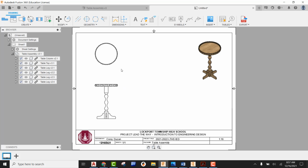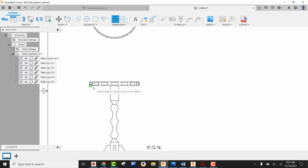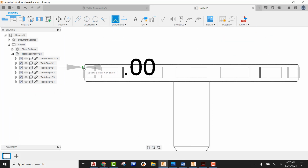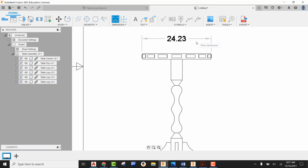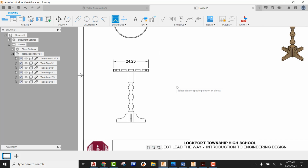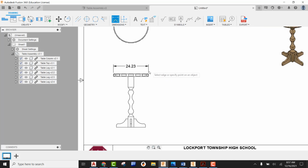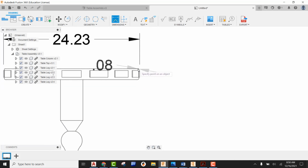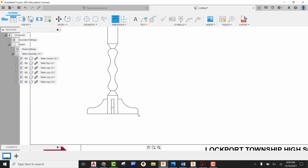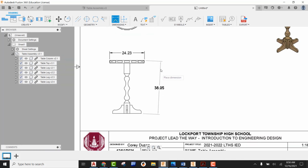All right, so what we need to do now is start adding our dimensions. So just your general dimensions, your X, Y, and Z's is what we need on this. So I'm going to come out here and go to dimension. I'm going to start from this corner over here, take it all the way to this corner over here, and pull this up, and we can see that's approximately 24 inches. I'm going to need my overall height, so I can go to the very top portion of my table, take this to the very bottom portion of my table,